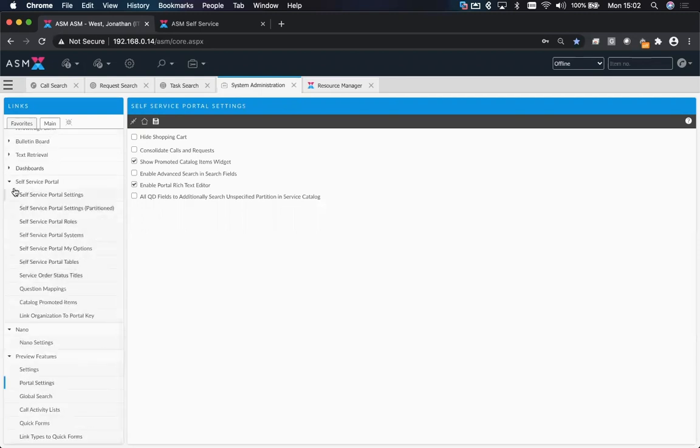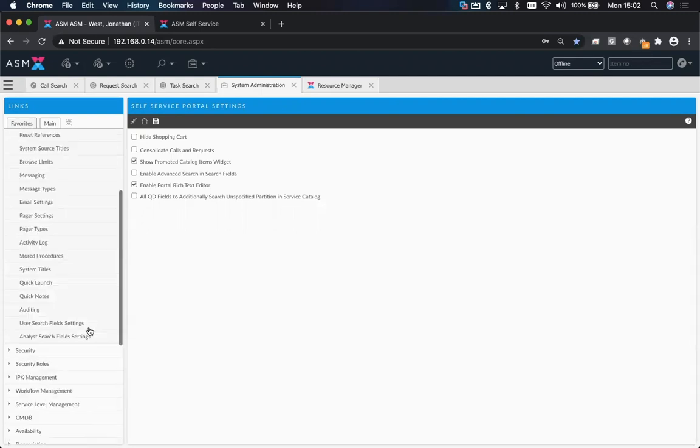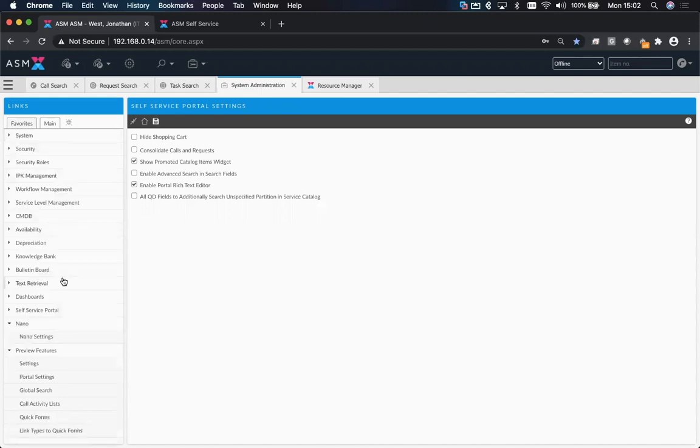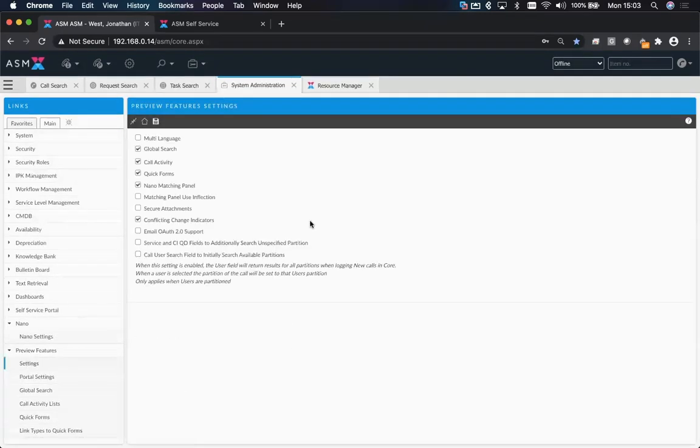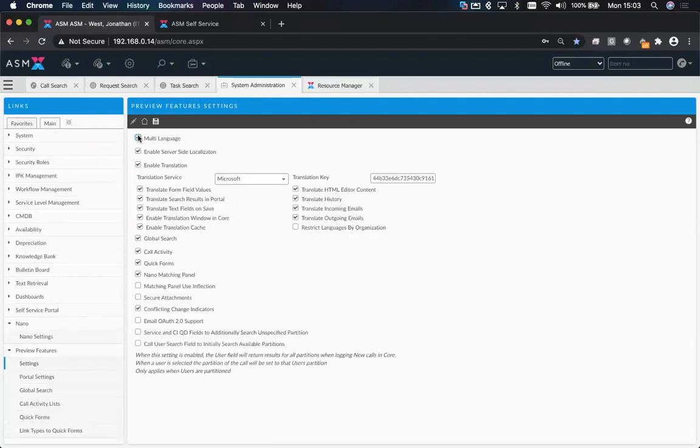area is with regards to multi-language. So Alemba Service Manager now has the ability to manage multi-language in correlation with Microsoft Translate. So if we go to the preview features within Alemba Service Manager within Core, we can enable multi-language, at which